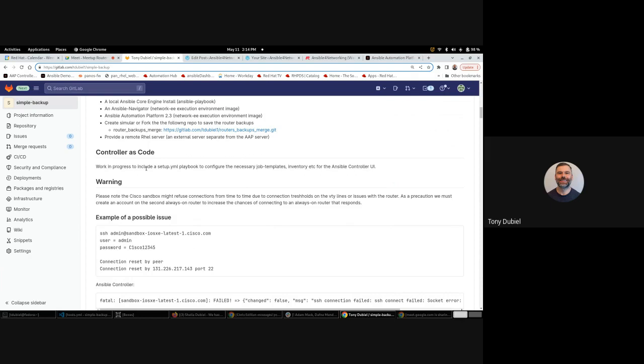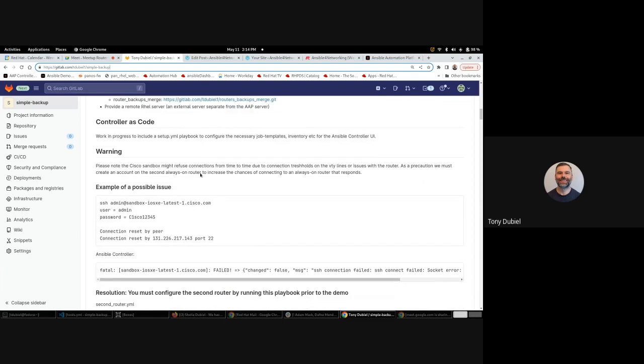It'll build everything that you see in the GUI as code, just using a collection, and effectively, underneath the collection are the REST APIs. So that's the typical way that we would do this, a controller as code type of methodology, to save time. One warning: because we're using the Cisco Sandbox, the always-on, I noticed last night that